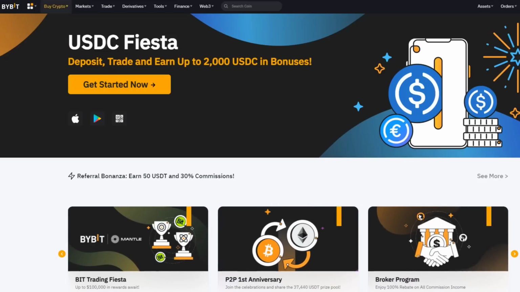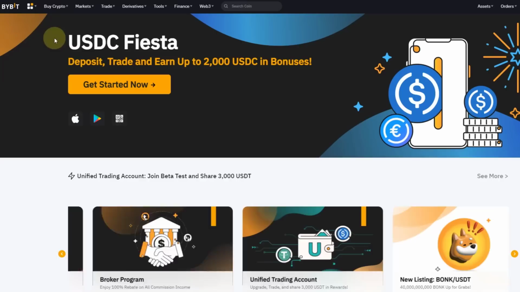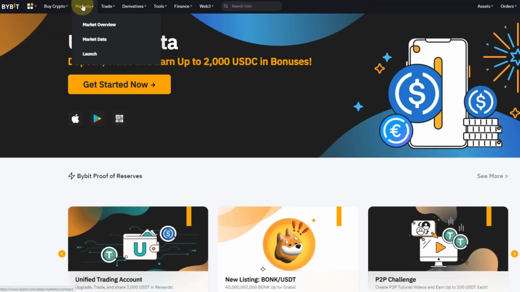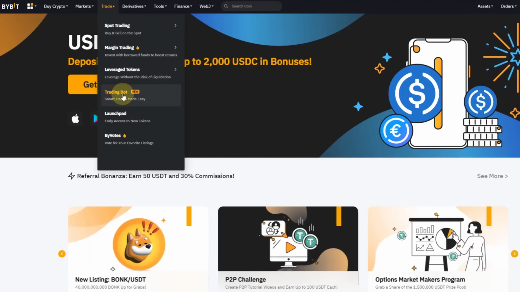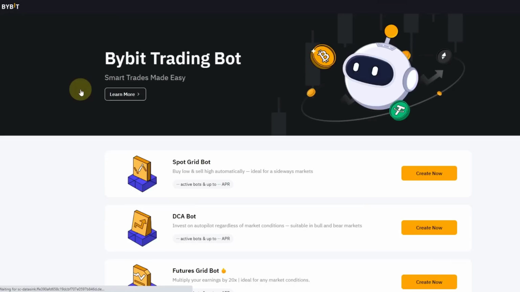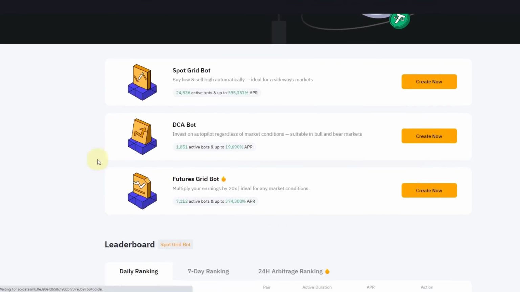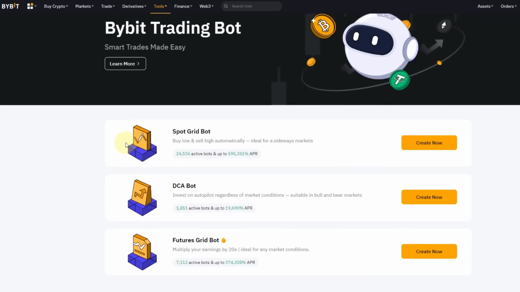So let's just first of all find it here on Bybit. You hover over, where is it? Trade, and then trading bot. So it's apparently still fairly new. I think it's not that new. I think they started already more than half a year ago. And then you've got various grid bots to select. We want to start with the spot grid bot. That's, I believe, what most people actually use. As you can see here, they are the most active one,